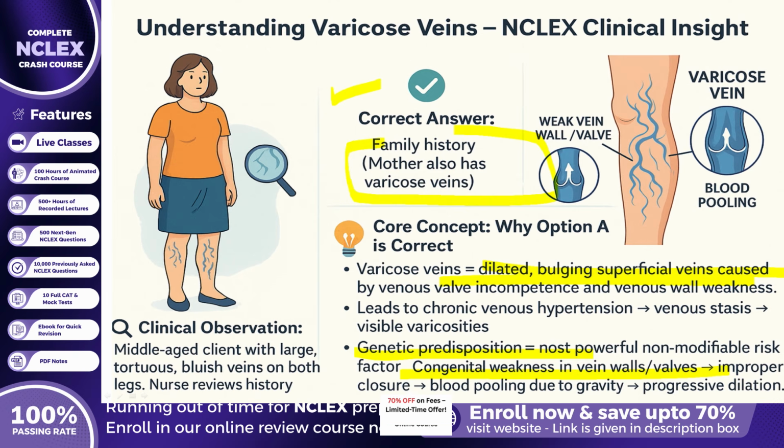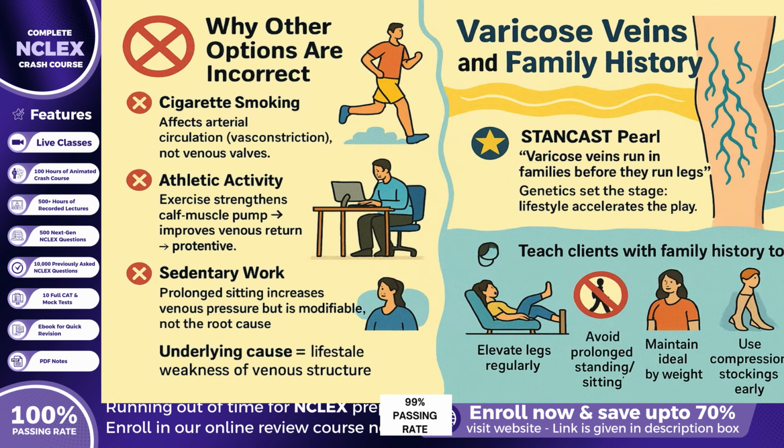This inherited weakness makes an individual more prone to venous dilation, even when exposed to minor occupational or environmental stressors. In essence, the trait runs in families and significantly increases lifetime risk. On the other hand, option B is incorrect, since cigarette smoking primarily affects arterial circulation by causing vasoconstriction and endothelial